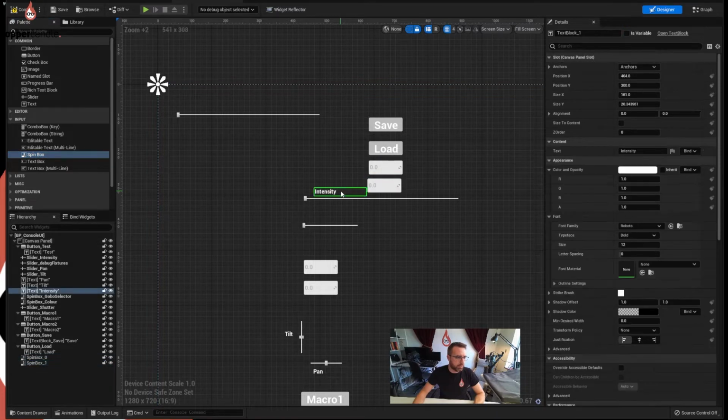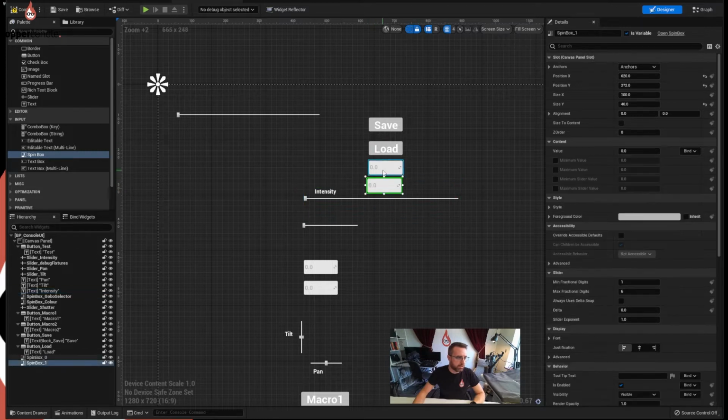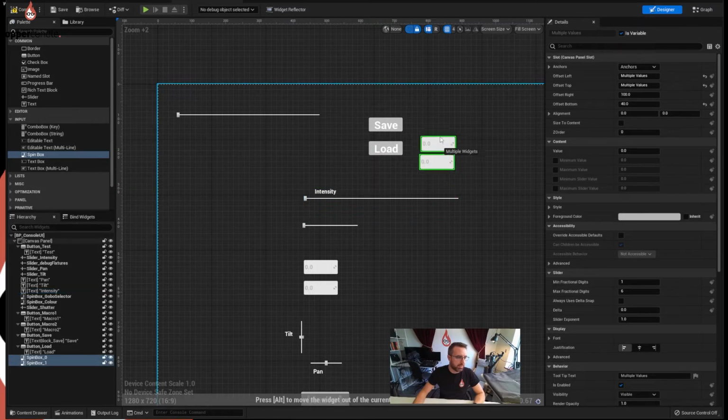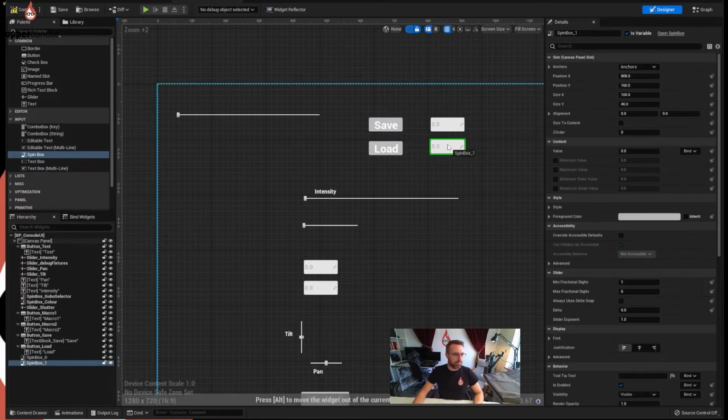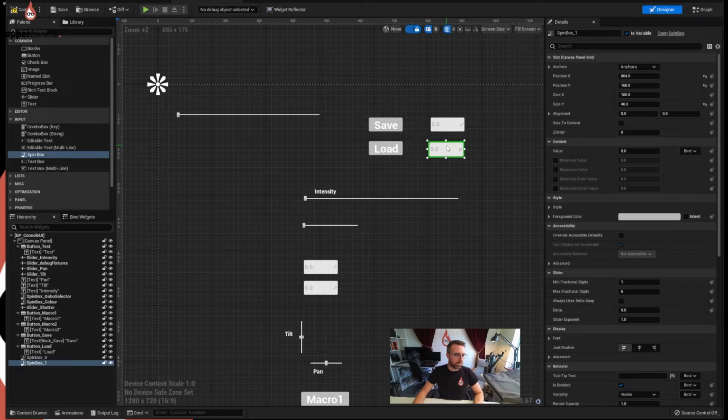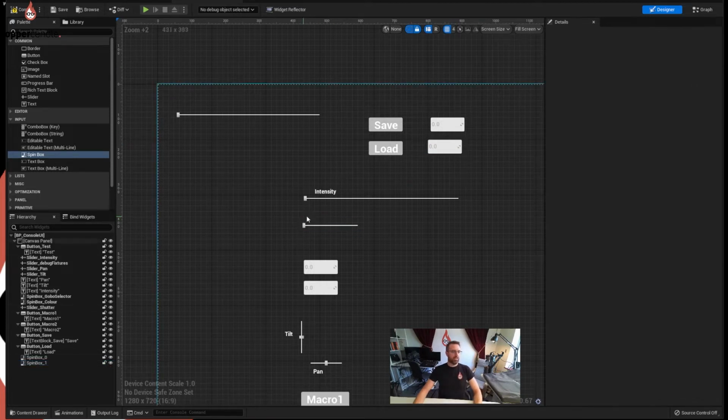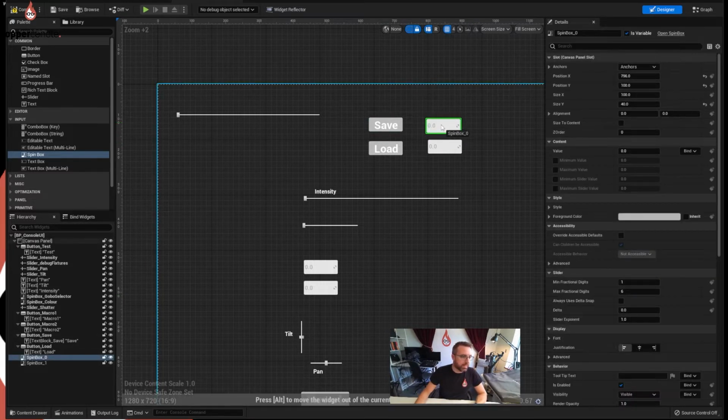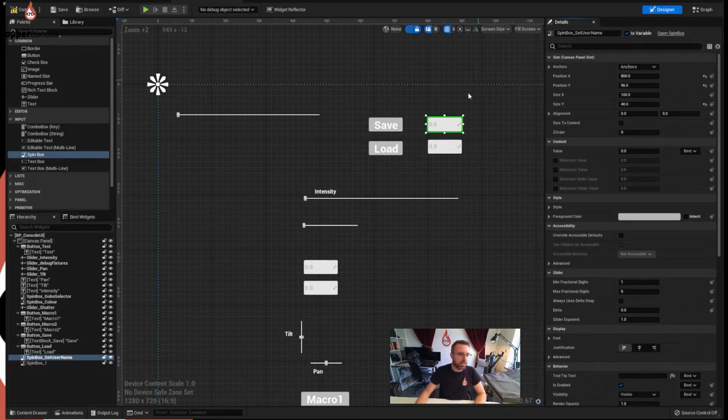I'll do that. Now, remember, learning from what happened at the beginning of this tutorial where things got in the way, I am actually just going to move these up here out of the way of the other UI elements so they don't overlap. If you remember at the beginning of the tutorial, I couldn't work out why something wasn't working, and it was because I couldn't click on the intensity slider because it was underneath the word intensity. Okay, so these will be spinbox set user name,